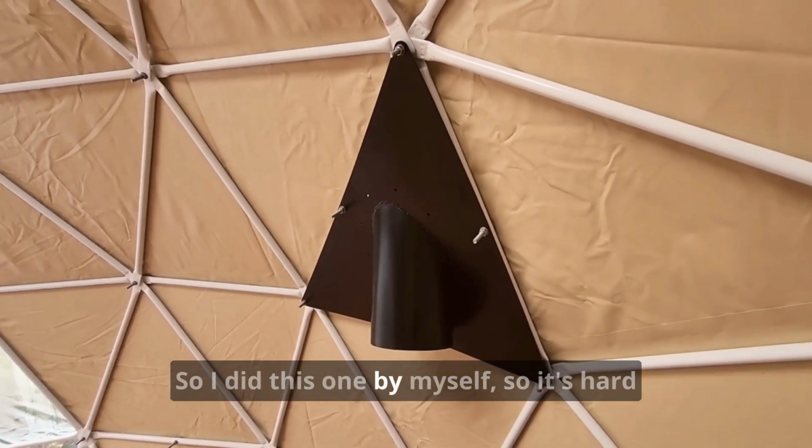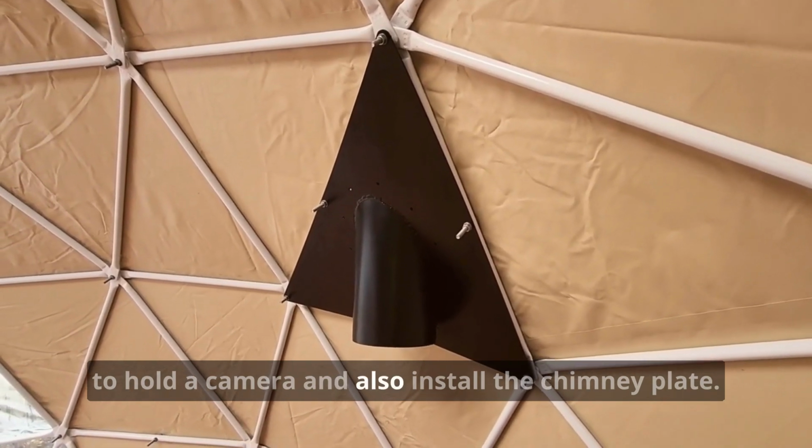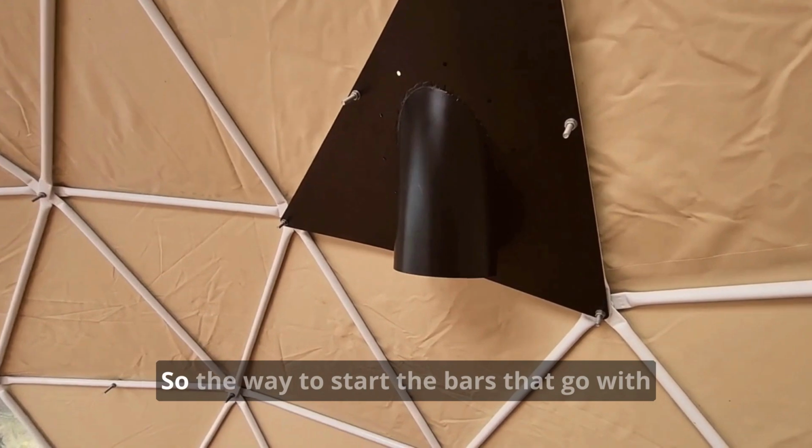I did this one by myself, so it's hard to hold a camera and also install the chimney plate, so I'll just walk through the steps. So the way to start,